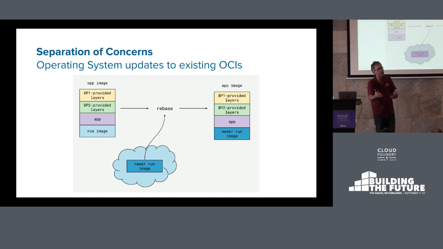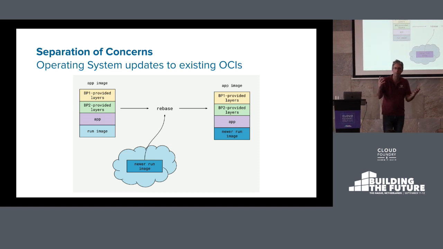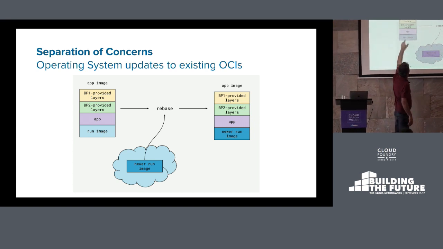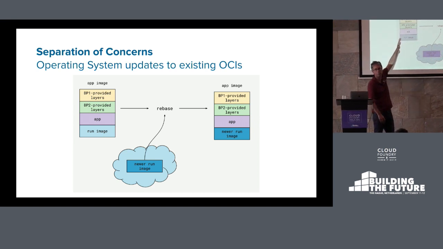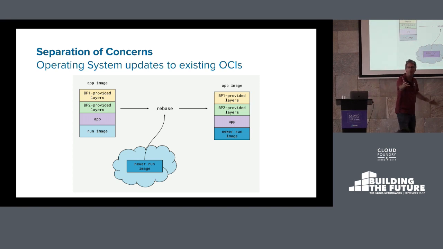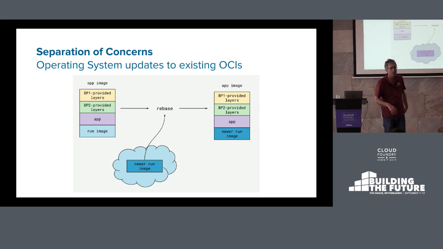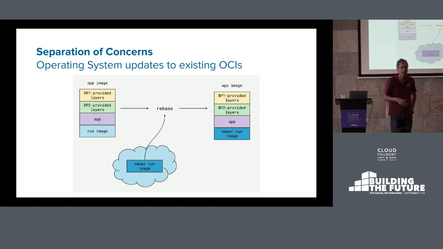If you've ever deployed an app and never restaged it, doesn't matter. The base OS has always been updated. They just restart your container, your app restarts on top of a base. And so they wanted to keep that ability to rebase all the things you did the last time you staged, the last time you built your image. But the platform team gets to continuously update the base run image. So any CVEs that happen in Ubuntu, assuming your base is Ubuntu, get rolled out without them ever having to